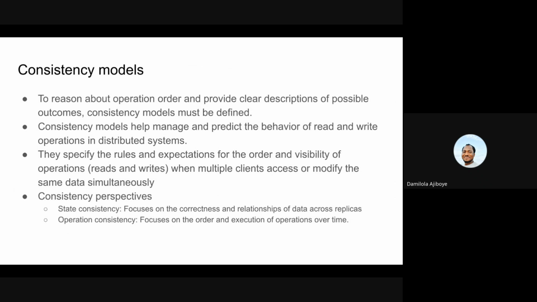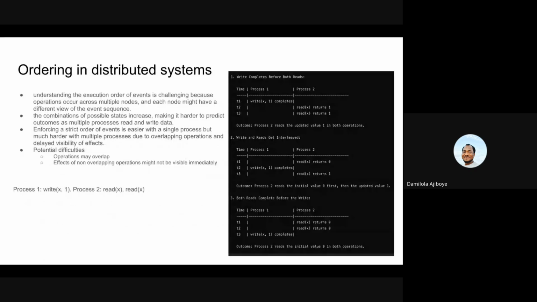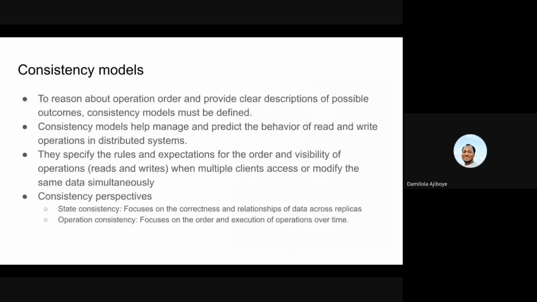Consistency models. So why do we have consistency models? We've discussed why ordering in distributed systems is difficult. But if we just allow things to work this way, it would be difficult for us to design or make predictions about how our distributed systems are meant to behave, right? It will be hard to predict the outcome when multiple processes are performing read and write operations. So consistency models help us define this order